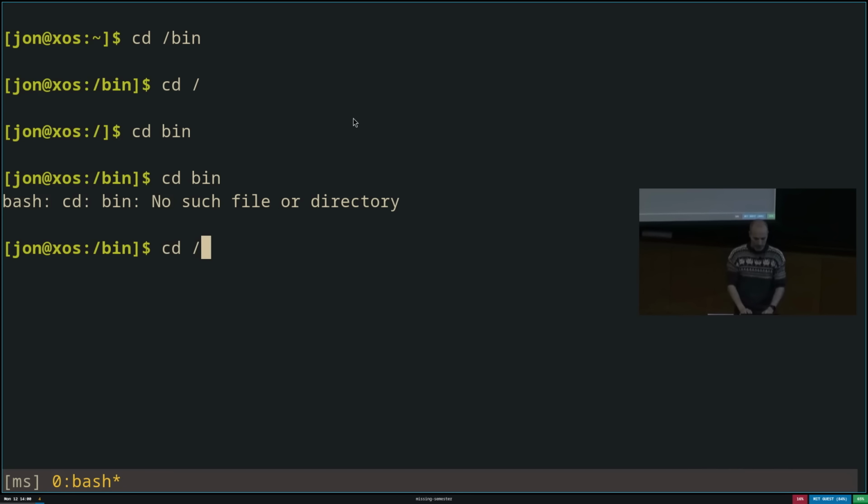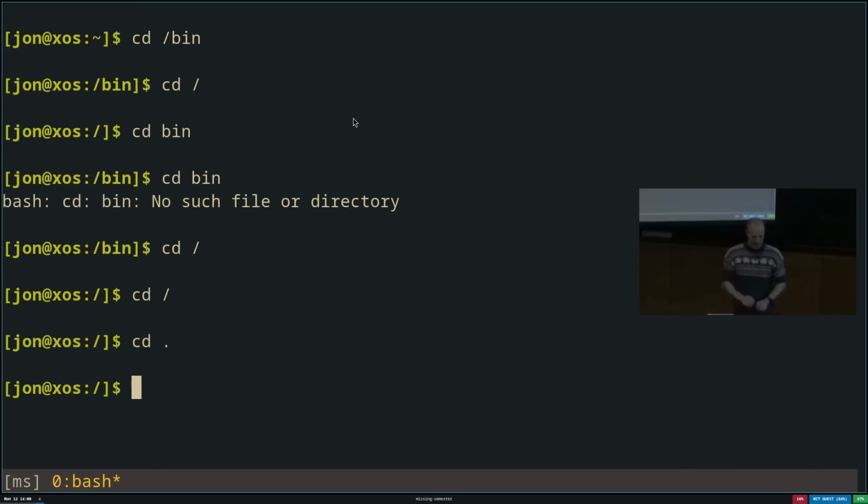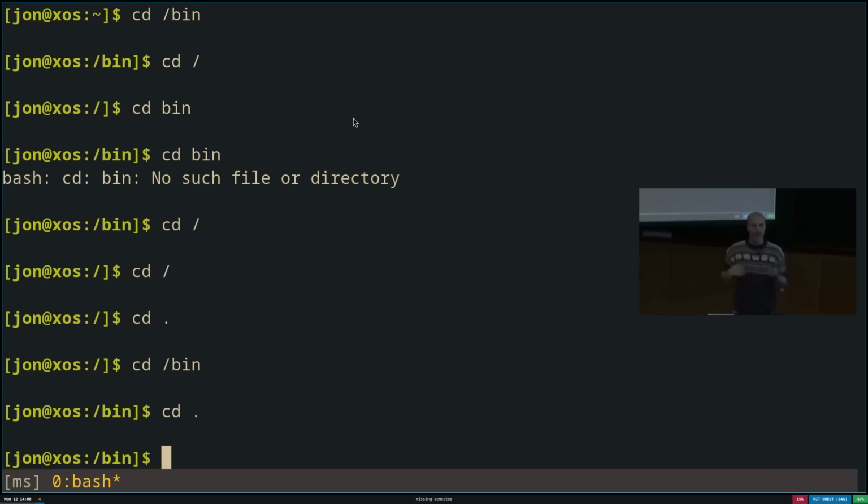If I go back to slash and then try to cd to slash, well, that's fine, that's an absolute path. But there are a couple of other special path components you can use in relative paths. You can use them in absolute paths too, but they're more common in relative paths, which is dot and dot dot. So dot is the current directory. It might seem weird, but I can cd into dot, and it cds me back into the same place I already was. So if I cd into bin and then cd dot, I'm back in /bin. So it's just a way to refer to where you currently are. This can be useful. We'll see some examples of that later.